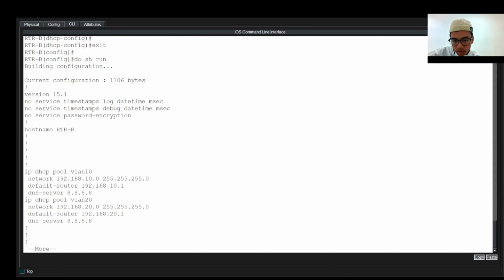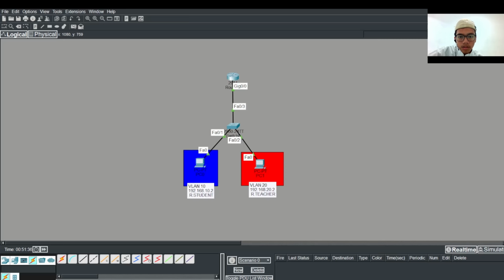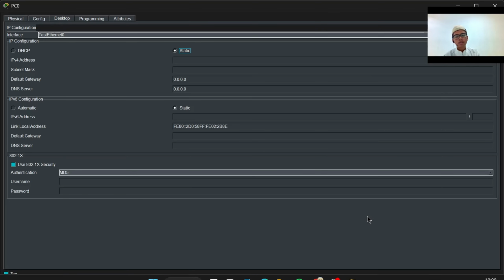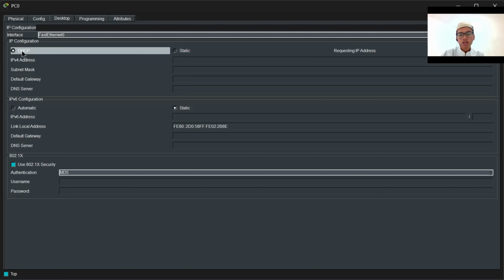Now we can check the IP. First, at PC1, we change the IP configuration from static to DHCP, and the result is successful.